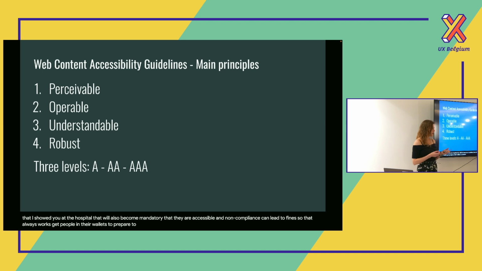To prepare for this European Act, you can see if your website or app is compliant with the web accessibility guidelines. That means it has to be perceivable, operable, understandable, and robust. Perceivable means taking into account color blindness, making sure that the contrast is good enough. Operable means that everything should be keyboard accessible if you're not able to use a mouse, for example, so that you can use other means of navigating, or making touch targets large enough, which is not only usable for people with motor disabilities, but also for anybody with fingers, basically.